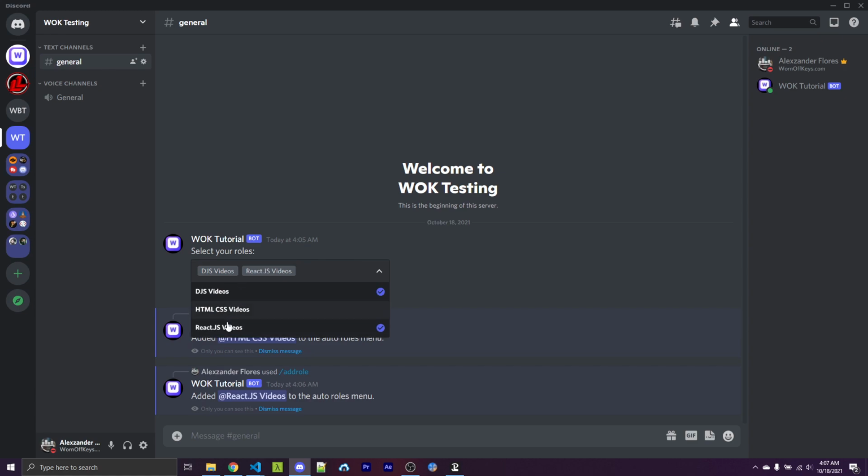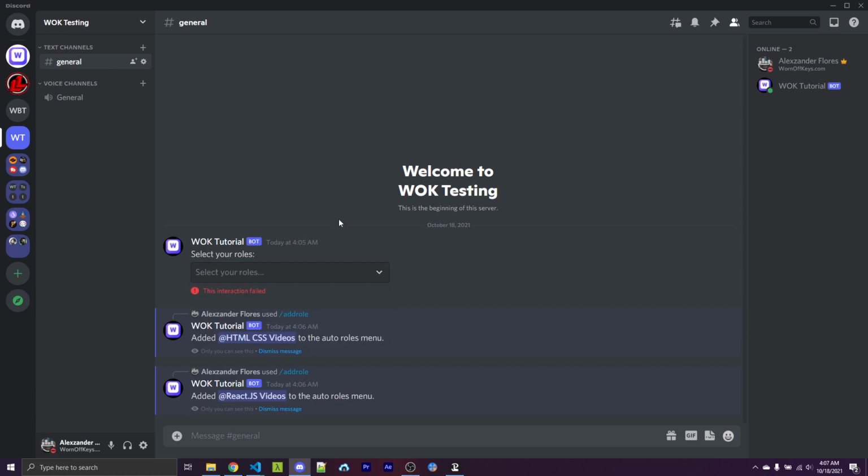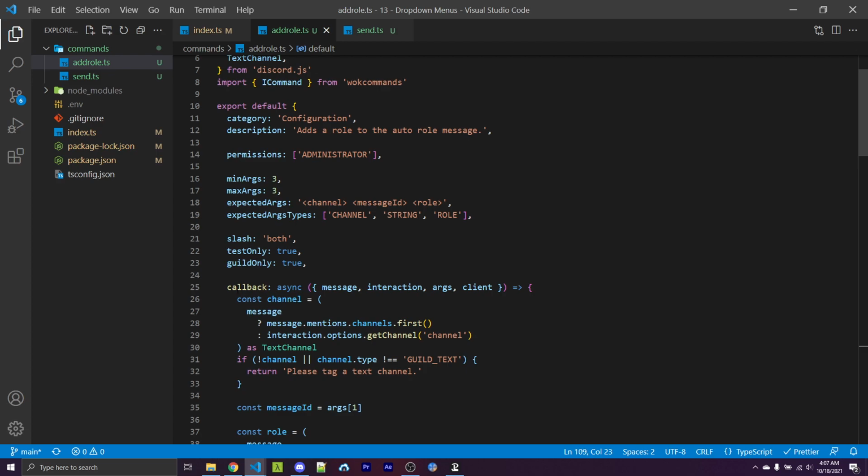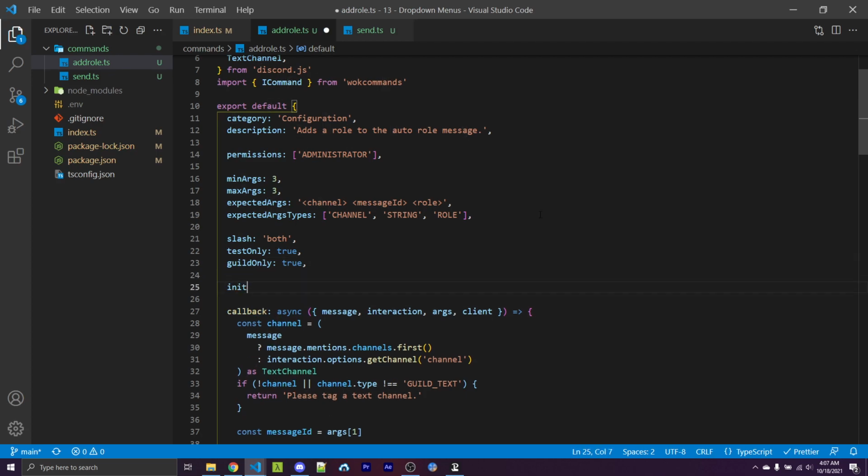I can select all of them or none of them. And the last step is to listen for whenever this is actually used. So going back into our code, we can scroll all the way up to when we created our callback function here. And one of the key's commands allows you to have your own init function, which will be invoked whenever this command is run. So within here, we'll be creating our own event listener to listen for whenever an interaction is